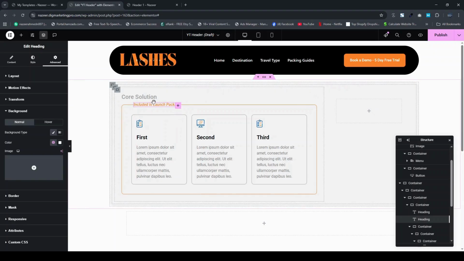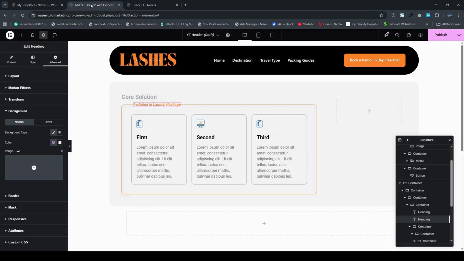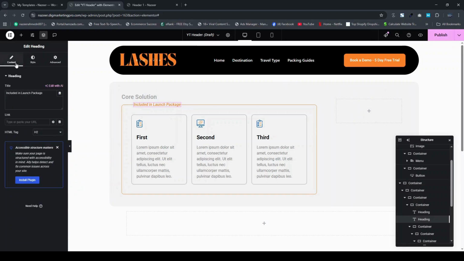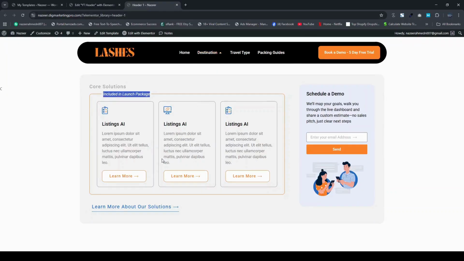So here it is. So let me compare it with this one. Here you can see, here it is. And let me go to the layout here. So content here, padding here, let me make it padding from 10 from right and 10 from left. So here you can see it's looking quite as good. So now